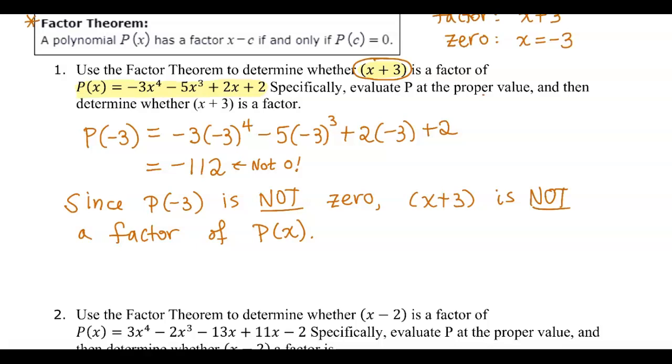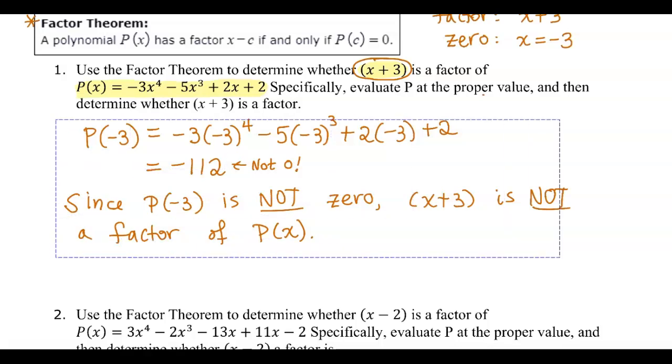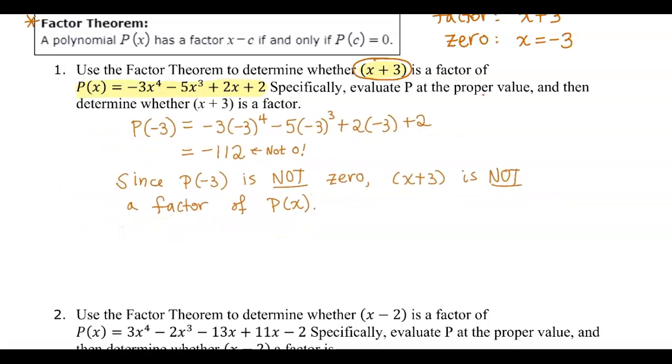So you know what we can do? We can actually do the division because we know how to do synthetic division. So I'm going to go ahead and check this using synthetic division. I'll put my negative 3 in the box and put the coefficients of negative 3, negative 5, 0, 2, and 2. And if you're wondering why I have a 0, notice that we are missing the quadratic term. It was 4th degree, 3rd degree, it was missing the 2nd degree and jumped right to the 1st degree. So I put a 0 for that